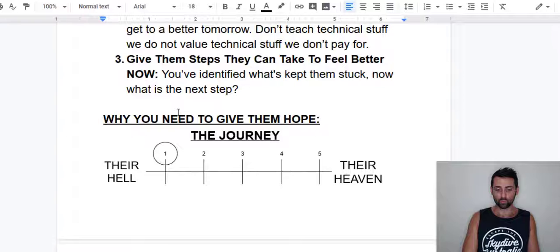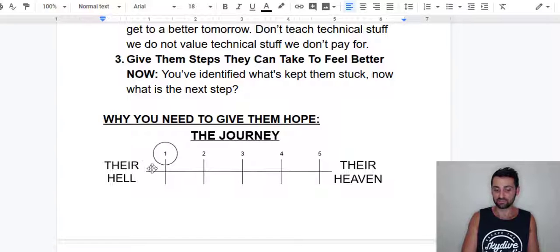So just say, this is your target audience. They've got a problem at the moment. They're in their hell, or whatever it might be. It's some part of their life that they don't really like, that they want to change. And over here is their heaven. This is them on the mountaintop. They've reached their goal. They're happy, successful in what they wanted to do. But in order to get there, they've got to go through all these different steps. There's little things that they need to do, mindset shifts, tasks, whatever it might be, in order to get to that point. Your goal as an affiliate isn't to be giving them those steps.